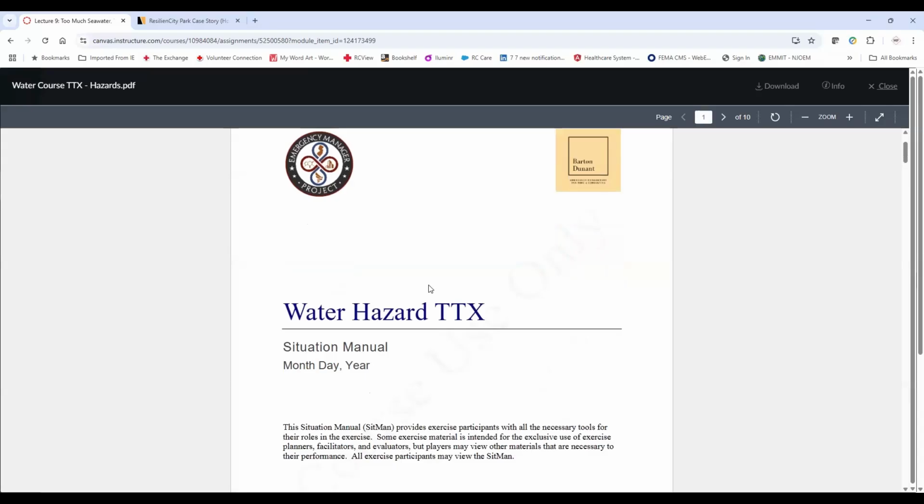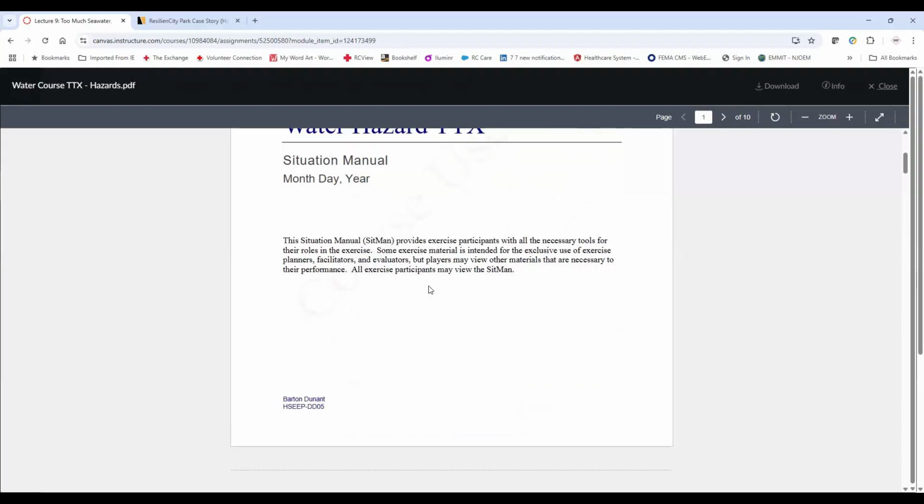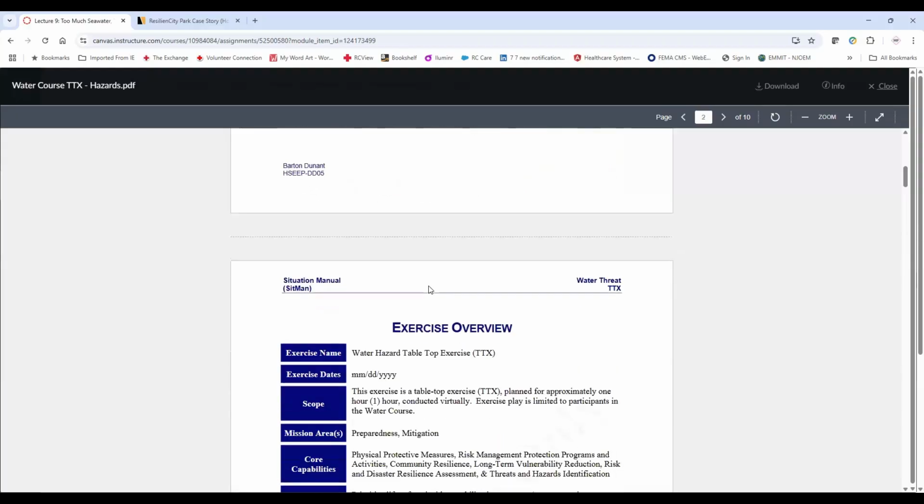But generally, I think this is the kind of thing that if you showed it to the bosses to run a down and dirty tabletop exercise, it should have everything you'd need. It's not any kind of formal thing that I would invite partners to or show off, because it's got my name and all that on it rather than yours. But here's what we have.